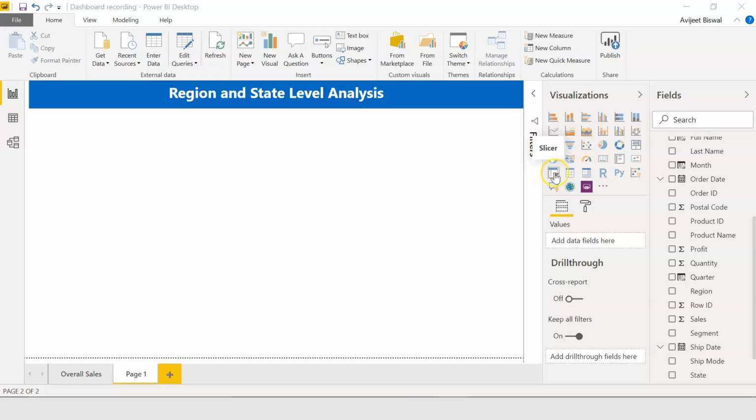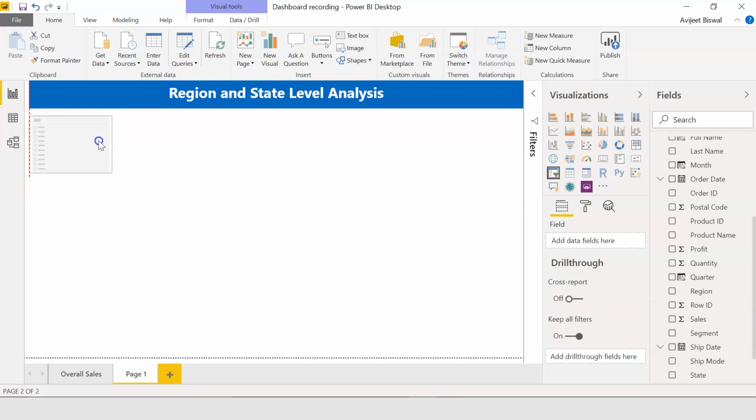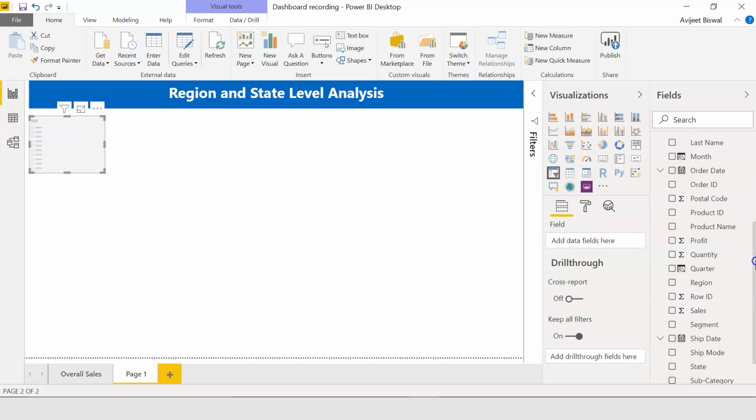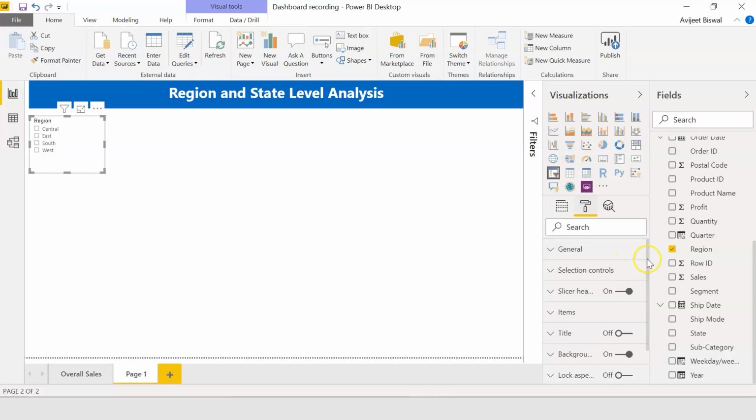So under visualizations, I'll click on slicer. Let me resize, move it on top. And for region slicer, I need to add region onto fields. So you can see we have a region filter now. Let's do some formatting to this.